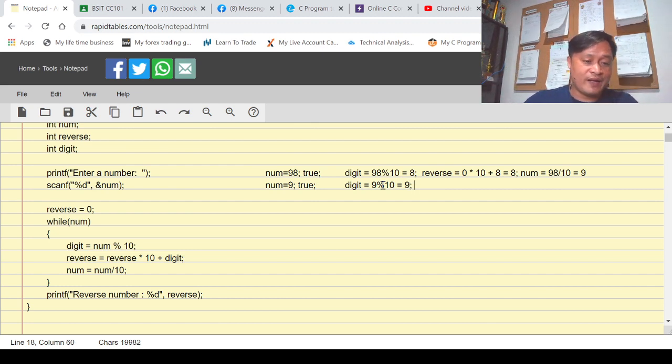Okay? Then followed by another formula. Reverse is equal to reverse times 10 plus digit. So our reverse is how much? Our reverse is 8, right? Our reverse is 8 times 10. That's the formula. Plus the value of digit. How much is our digit? Our digit is 9, right? Are you following? Our digit is 9. So that's more or less how much? 8 times 10 is 80 plus 9, that's 89. Right? And then followed by